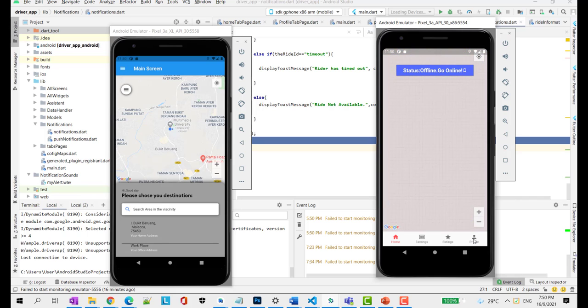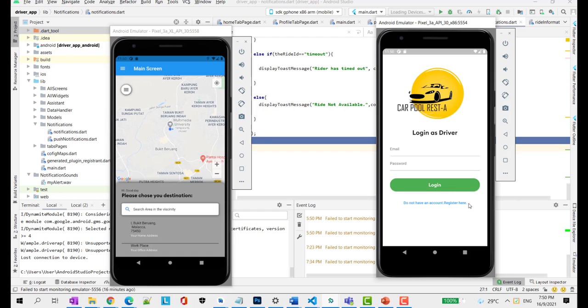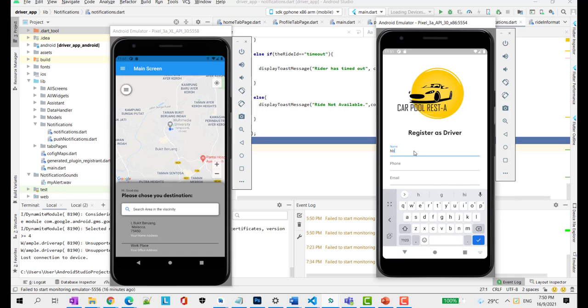because those data were saved in a variable, so I was using that way. But now I can key in the car, I can register for the car myself. So as I log out of the driver's application, if I register as a driver, let's say for example, Rahman, this is my driver's name,